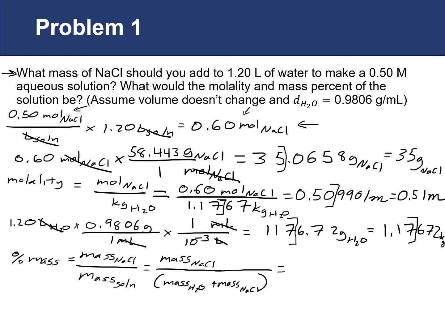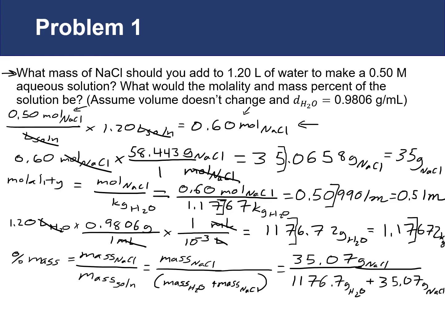So this would be equal to 35.07. We'll just round our value, keeping a couple extra significant figures, divided by, this is grams of NaCl, divided by 1176.7 grams, this is water, plus 35.07 grams of NaCl. And then we multiply all this by 100% to convert it into a percent. Plugging it into your calculator, you'll get the percent mass is equal to